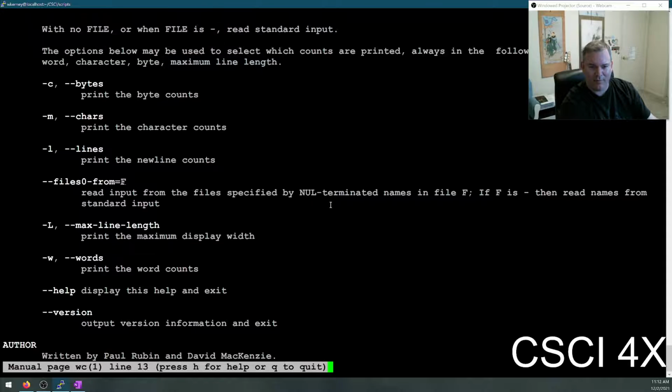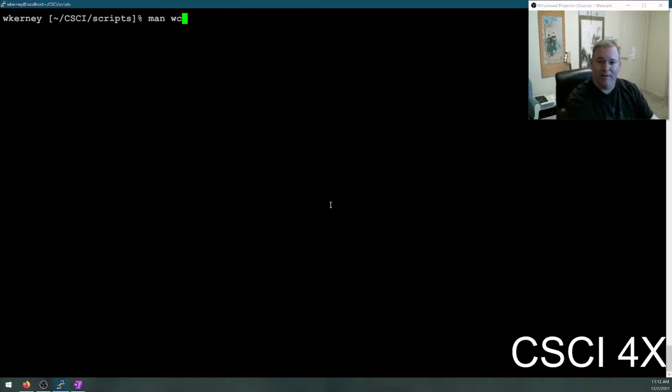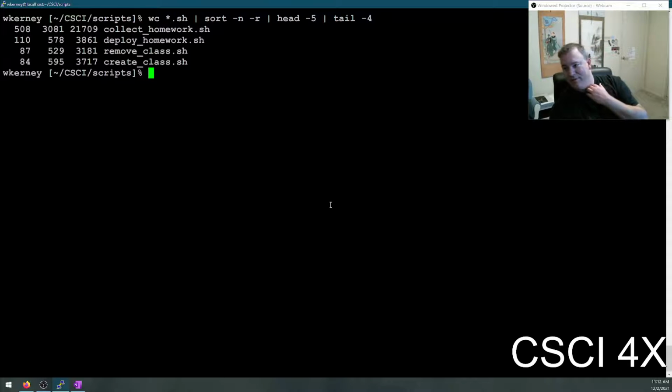No, maybe word count doesn't have the option to do that. So then I will type it through tail -4, and I get rid of the top line out of it. And if I just want to have the names of the files,